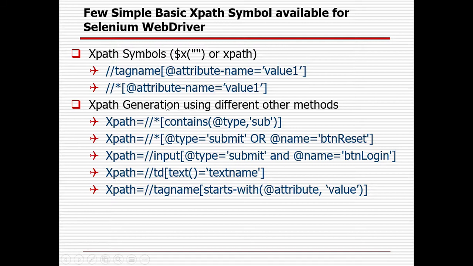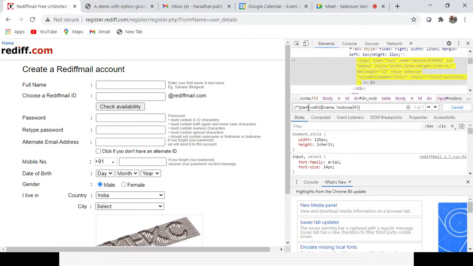Similarly, if you want to use contains, you need to change it to contains, with the attribute name. Suppose I will not use all the options, I will just remove the mobile part, and I want to check with that particular word. You can see the XPath creation is still successful. So with starts-with you have to give the starting part, whereas with contains you can give the last part or the middle part, which will be a fixed component. So you will not give the volatile component.